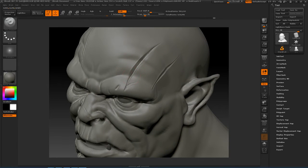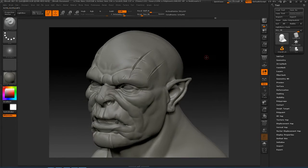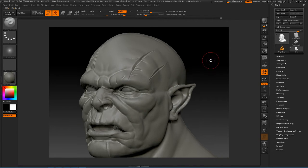So again, just coming in here, sculpting this out, pushing some of those details. You can see where the cut is and where you have creasing in the forehead. It kind of follows along that cut. And we have a nice thing coming off the brow line here. So let's just go ahead and